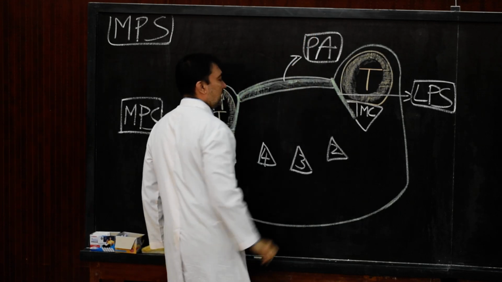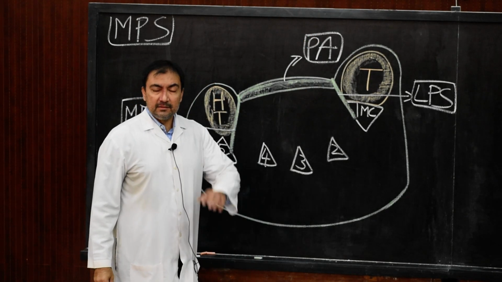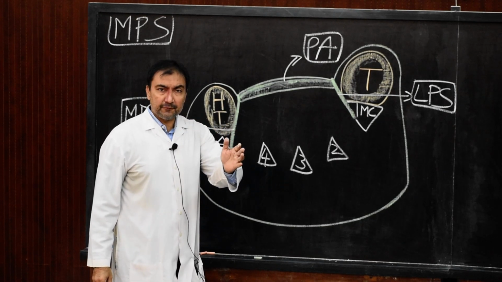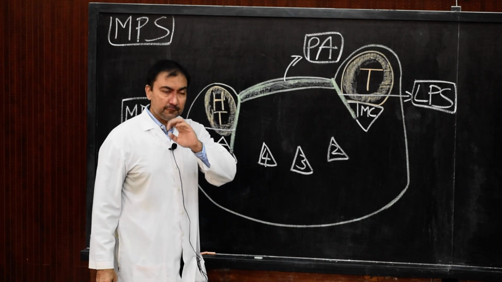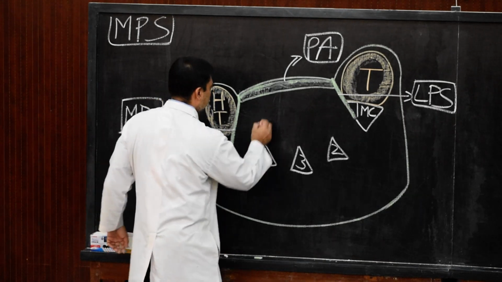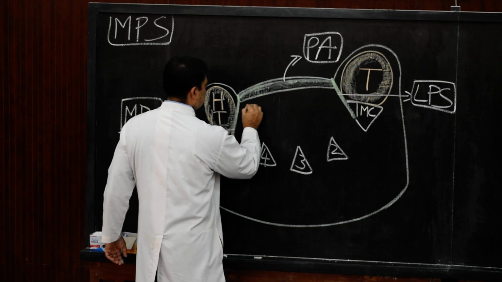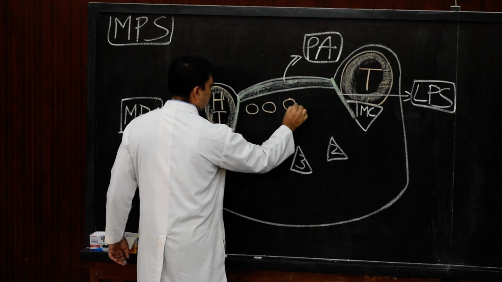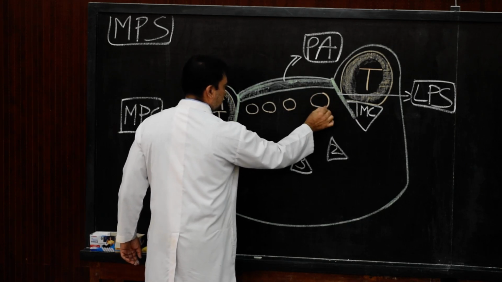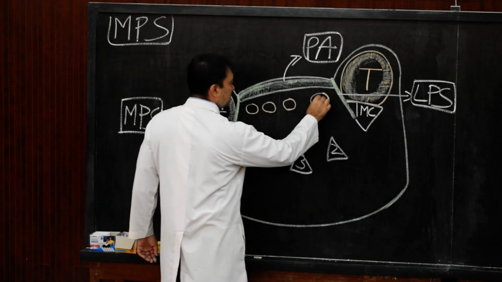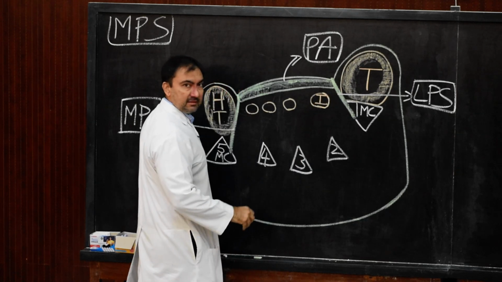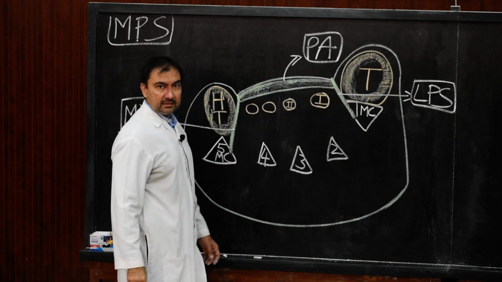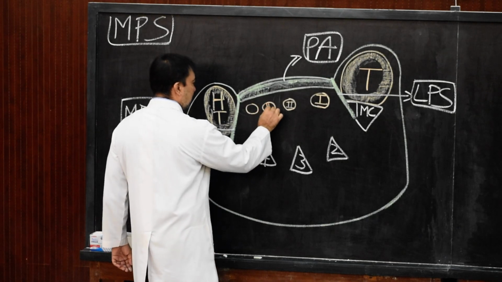Now here we will name this the palmar aponeurosis. Beneath the palmar aponeurosis there will be the flexor tendons of digitorum superficialis and flexor tendons of digitorum profundus. Those tendons we are going to draw. For example, we start with 1, then 2, then 3 and 4. This is the tendon going to the index finger. This is the tendon going to the middle finger, here I will write second. This is the tendon which will go here, I will write 3.